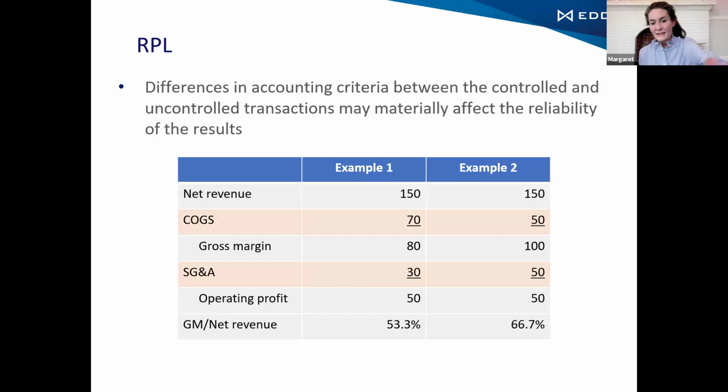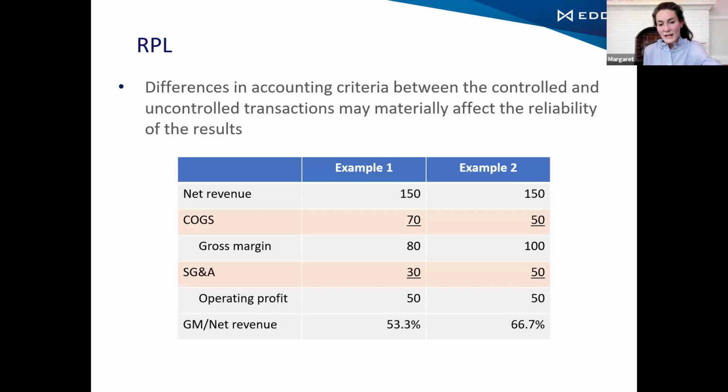And this highlights the reason why I think I've only used the resale price method a couple times in all of these years. And I don't think I've used the cost plus method. I might have used it once, maybe twice. And it's because both of these methods are at a gross margin level. So the PLI for these methods, the numerator is the gross margin.